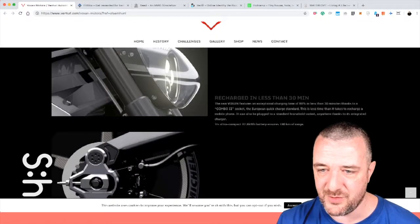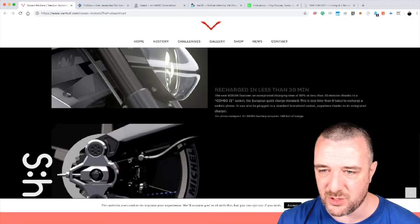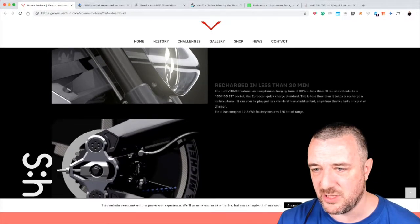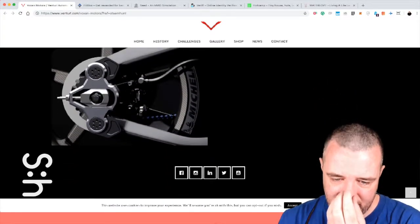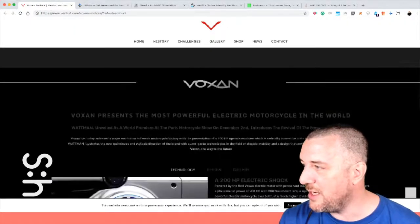The Boxin features an exceptional charging time of 80% in less than 30 minutes thanks to its Combo 2 socket, the European quick charge standard. It can be plugged into a standard household socket thanks to its integrated charger. 180 kilometers of range. Man, I tell you what, electric bikes and electric transport, it's coming in and it's coming